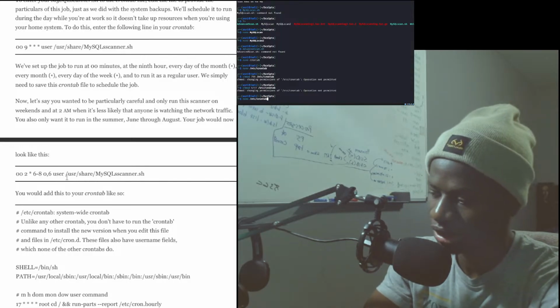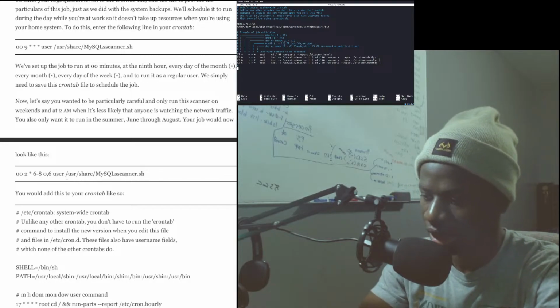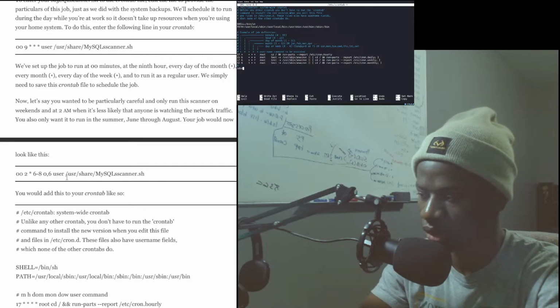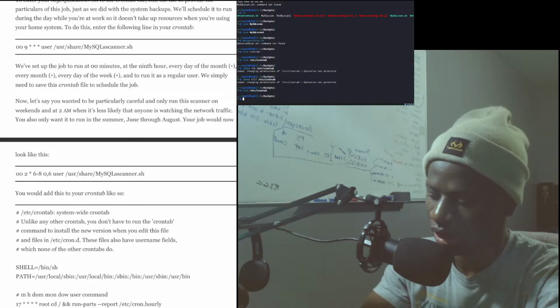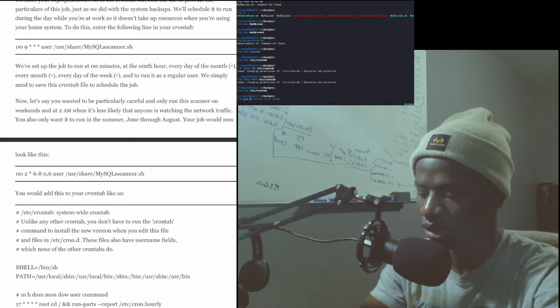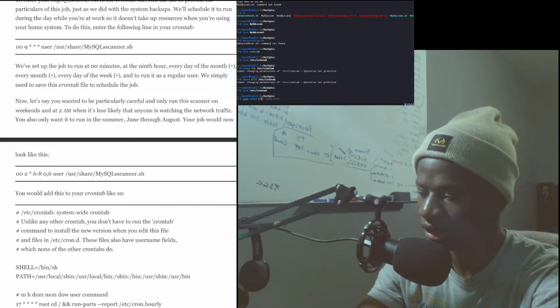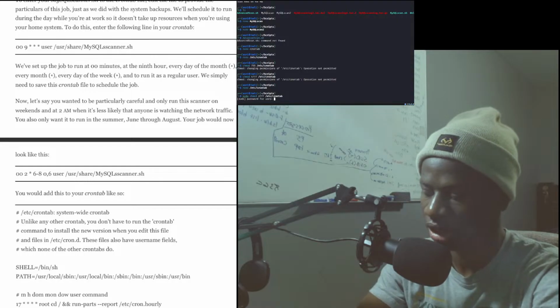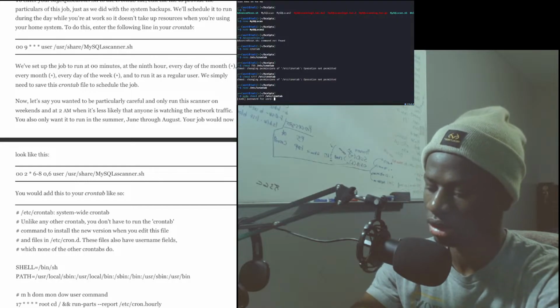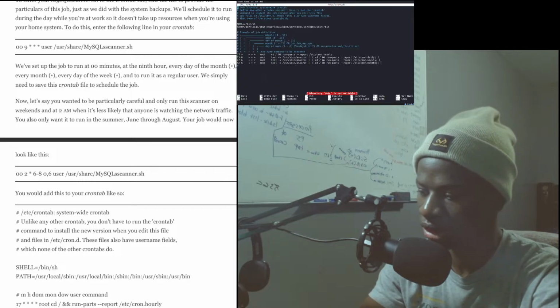It's still telling us that we cannot do that, and crontab is unreachable. We can't write into it. So we're just gonna have to do sudo chmod 777 /etc/crontab. I don't know if I have to specify a user, but let's see. All right, now let's go back into it.